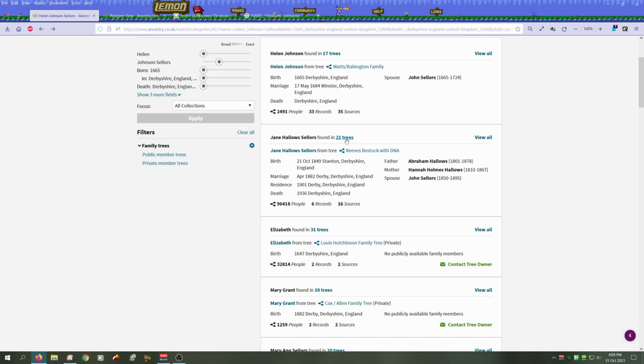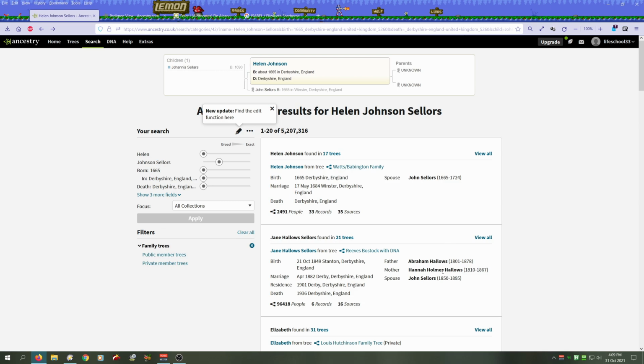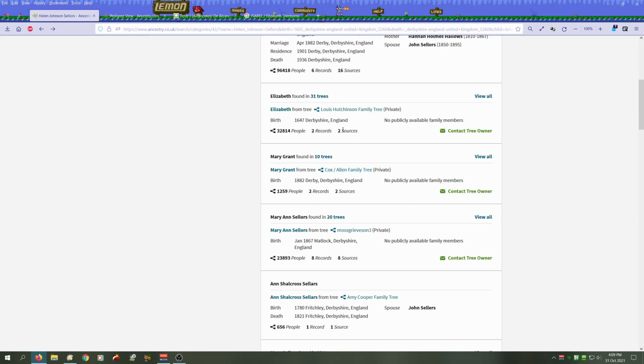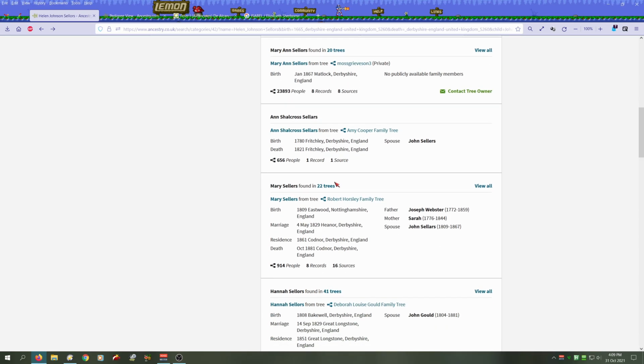That's in 21 trees, so that's more likely to be correct. And if we put this in, Jane Hallowell Sellers, that says that's from Derbyshire. It's got the right date, and it's got John Sellers in there, and it's 18. And this one is 16, so obviously it's not the right date, so you have to be very careful. 16 from Derbyshire, and Elizabeth from Tree, but that one's private. And you can see 18, 17,